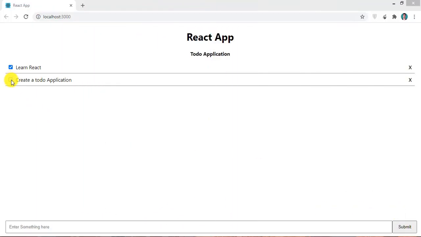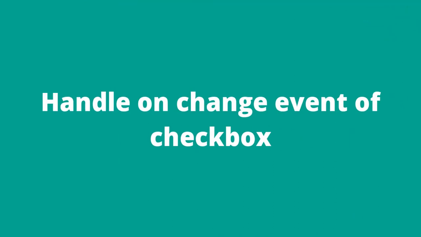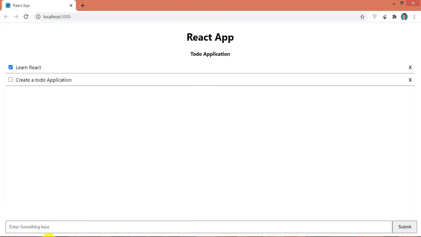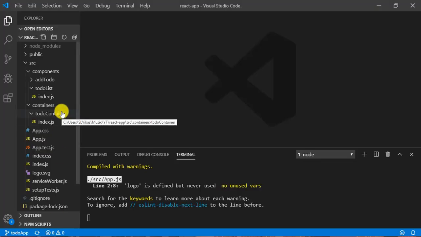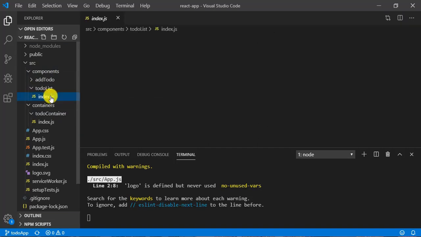As you can see, we have already designed this checkbox, but on clicking it, it's not responding. So let's handle the onChange functionality. For that, let's come to VS Code and go to component, todo list, and here index.